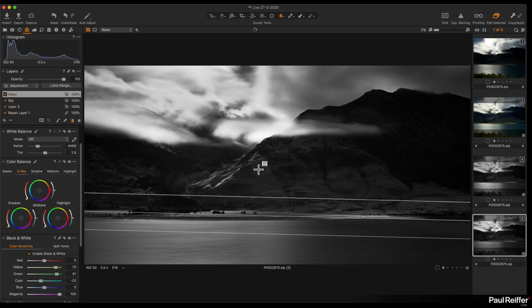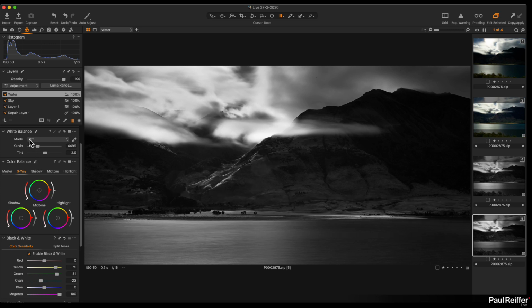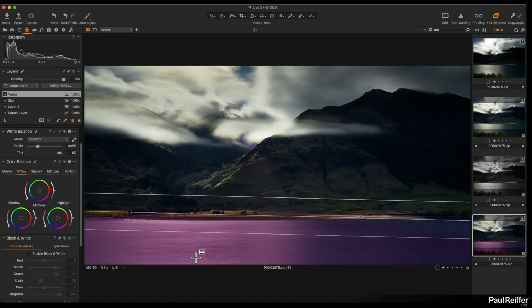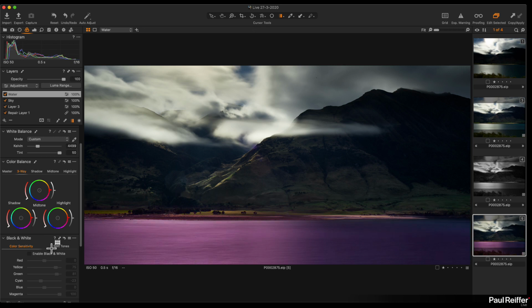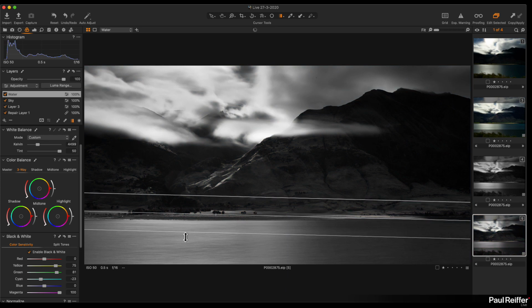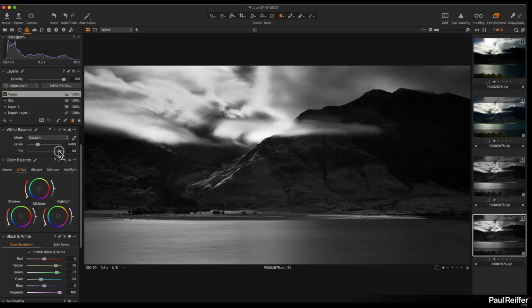We've got our dust spot back. But what would happen if on the original image there was more magenta? So if I move our tint up, you see this area here is now magenta. What happens now to that black and white is this is going to get brighter. So with this tint change,